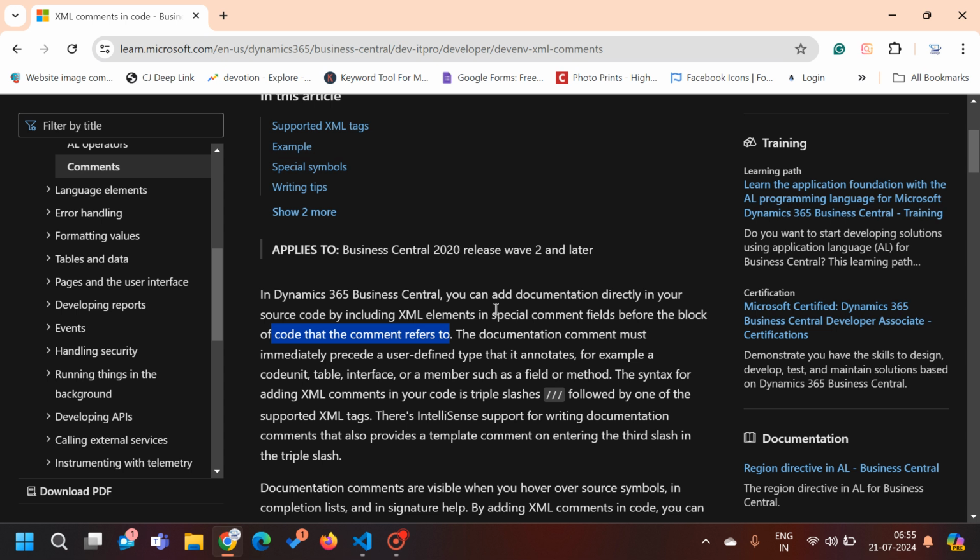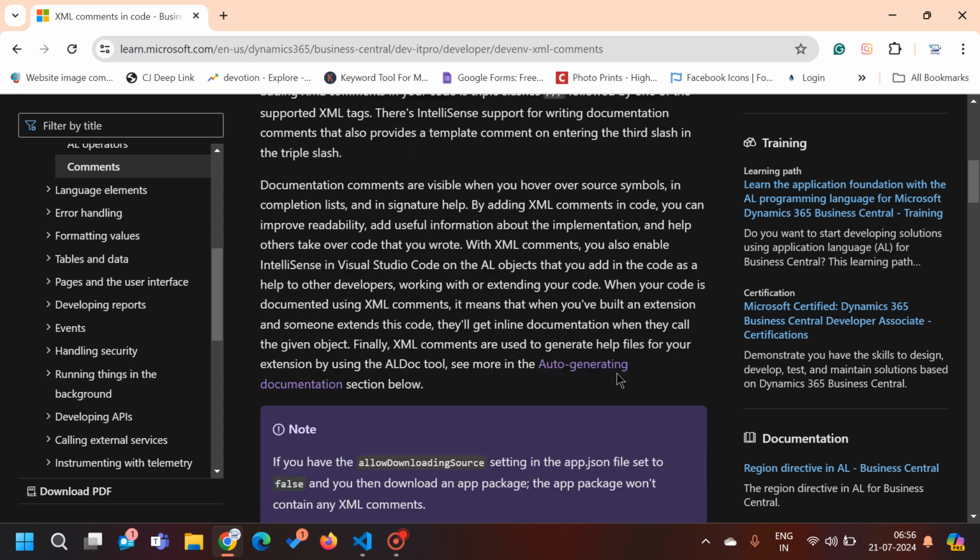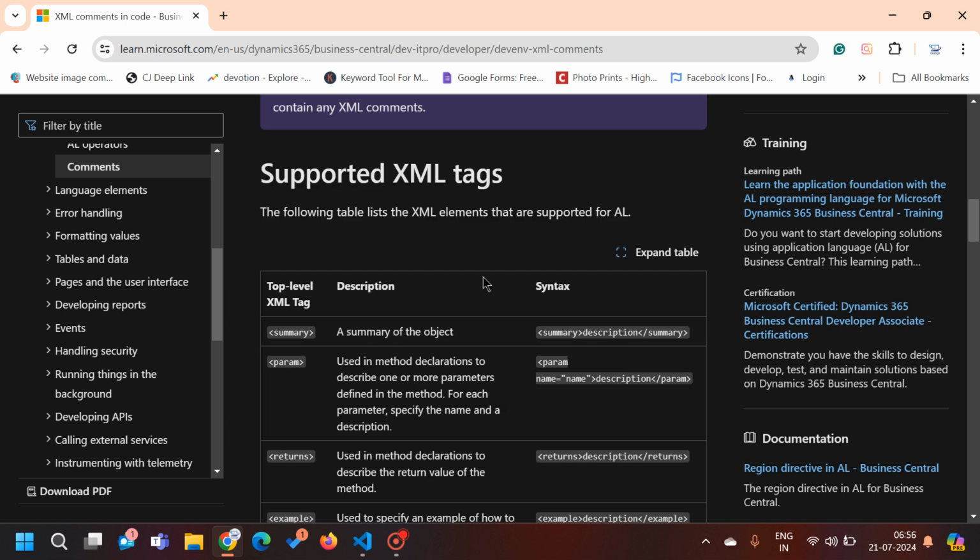Then it becomes so easy to understand the entire object and the entire use case of that particular function or object. Right. So this concept of adding XML elements before the block of code denotes the documentation comments only. Right. So this is the entire concept of XML comments,